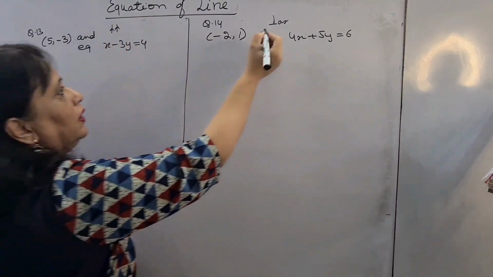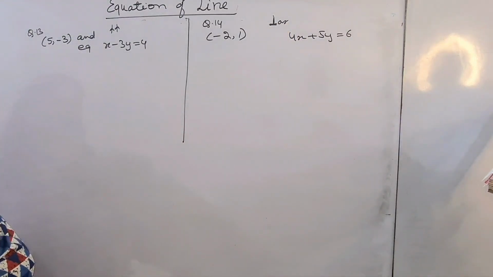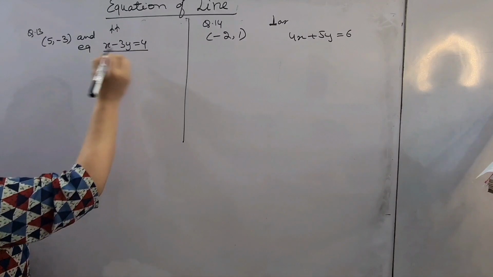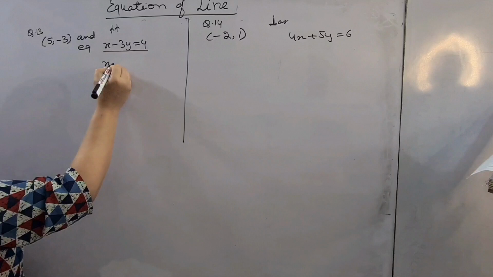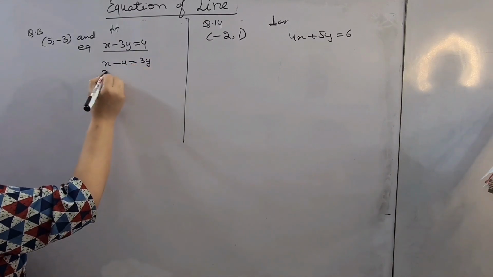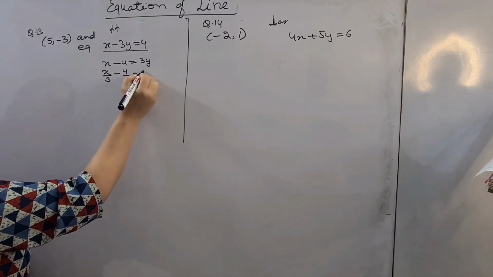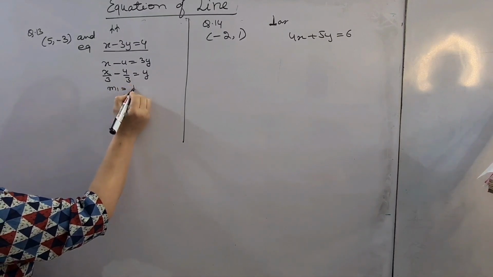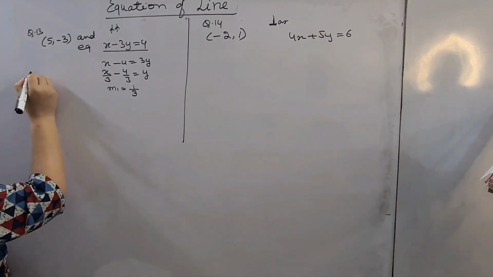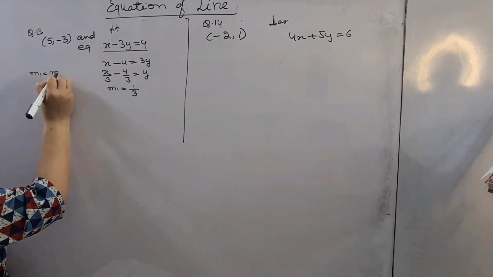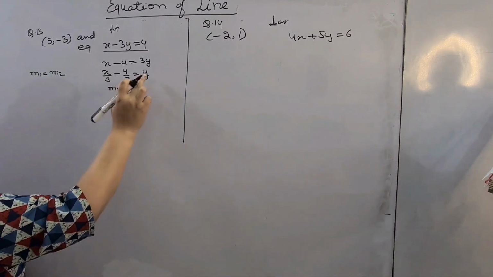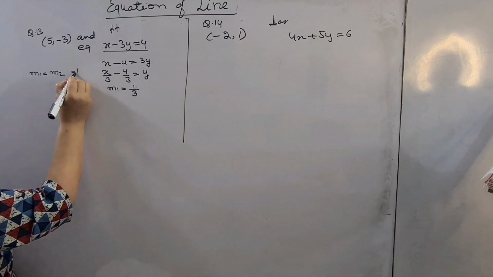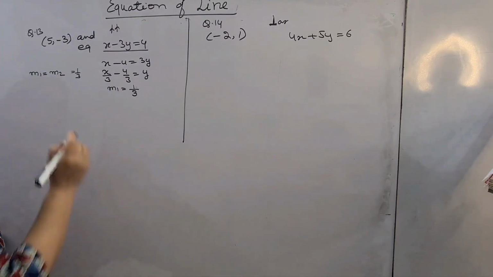I am using the small symbols for that and you must know them very nicely now. Writing, because this equation will be used for finding the slope. Without slope I cannot frame the equation. x minus 4 is equal to 3y, or x upon 3 minus 4 upon 3 is equal to y. So m1 is the coefficient of x, 1 by 3. Since the lines are parallel, m1 is equal to m2, where m1 is the slope of the given line and m2 is the slope of the line to be found. So m2 will be 1 by 3 because in parallel lines the slopes are equal.